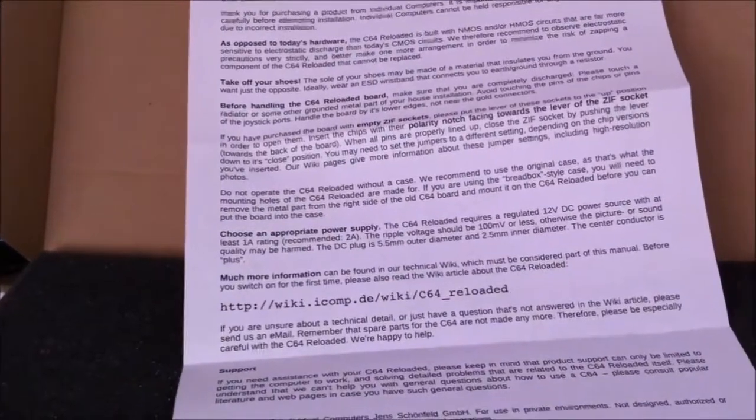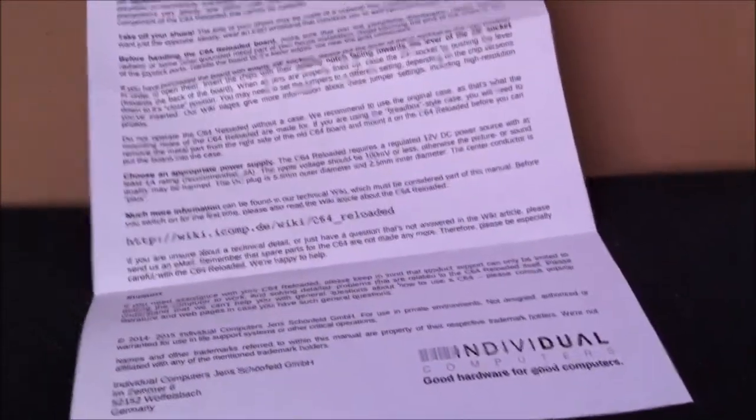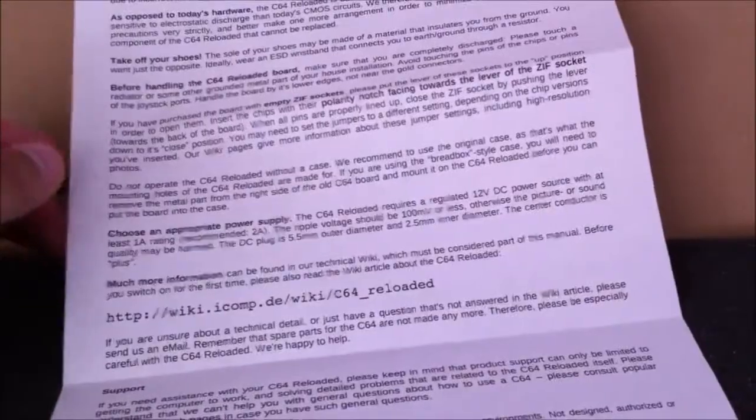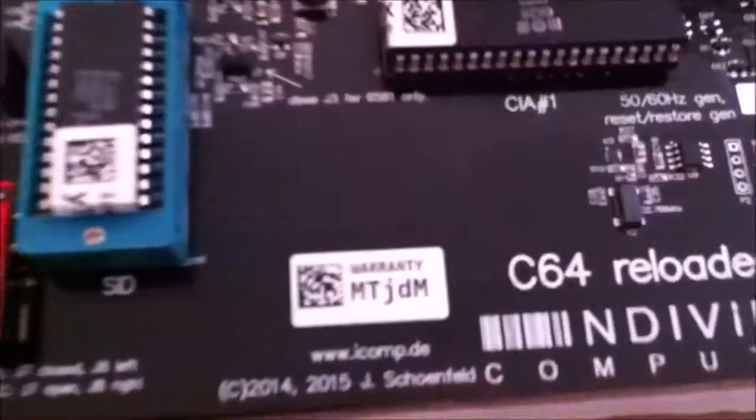so that you don't destroy the board and its components. So I'm not going to lift it up. I'm just going to look at the components. So let's remove the very nice padding. So this basically is the new Commodore 64 motherboard, and as you can see, it's